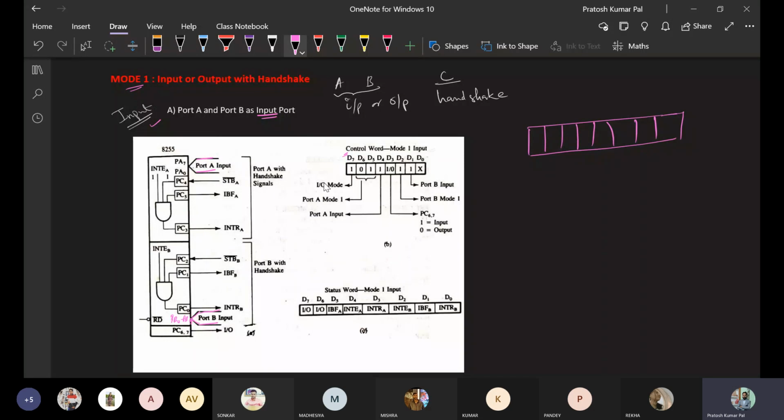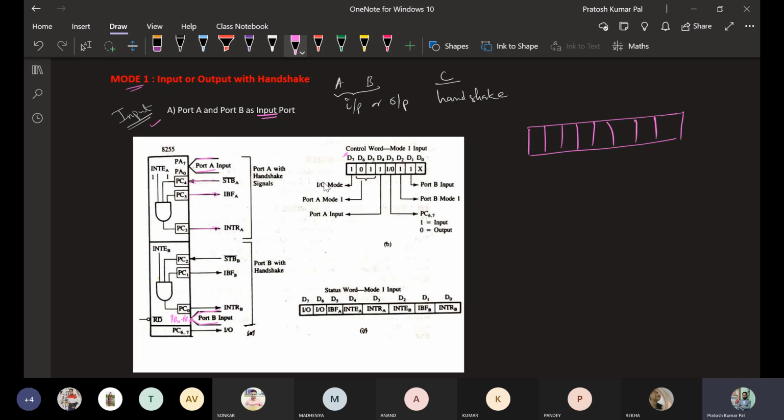It is an input signal, so the arrow is inward. Then IBF is input buffer full, which is an output signal for port A. The next one is also an output signal, INTR, the interrupt request for port A.